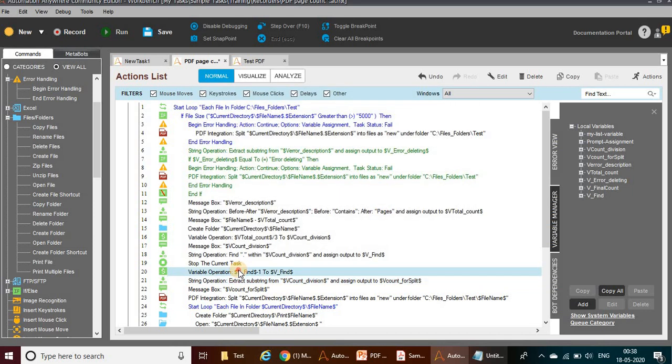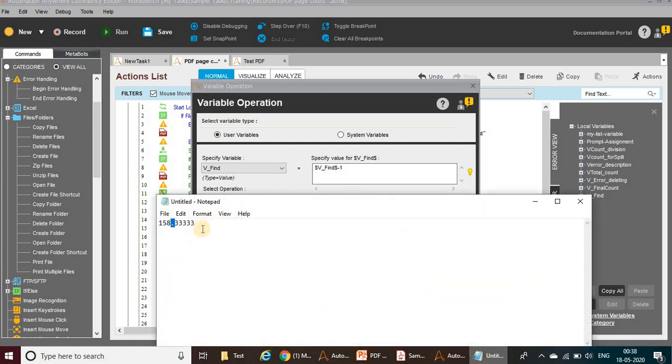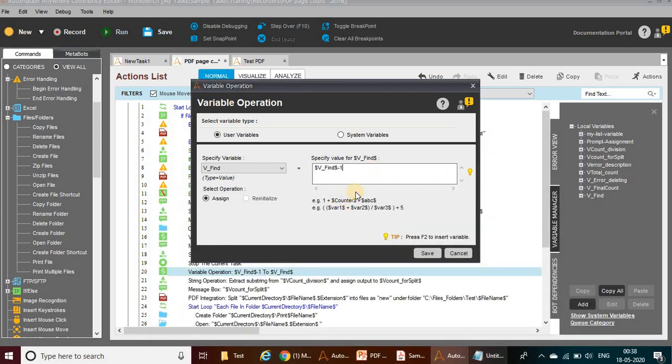Before that I have used -1, since the find will reflect 4, as the fourth character has the dot symbol. In order to avoid confusion, I am using -1.